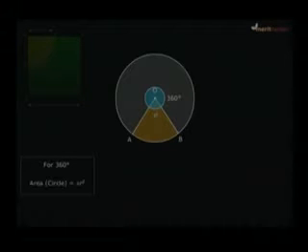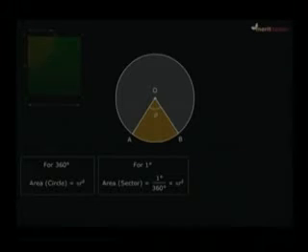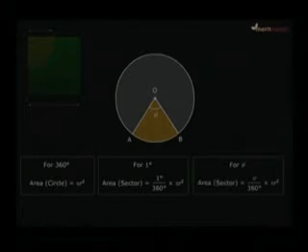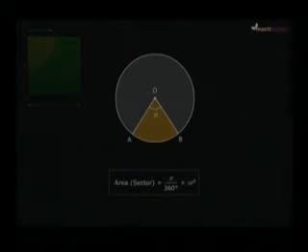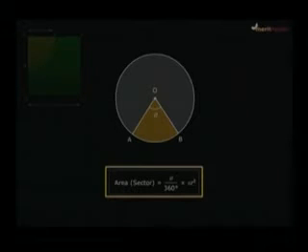It's time we use the unitary method. The angle formed at the center of the circle is 360 degree. So this means for 360 degree, area of the circle is pi r squared. What would be the area of the sector for 1 degree? That would be 1 divided by 360 degree into pi r squared. And if the angle subtended at the center is theta, then the area of the sector would be theta by 360 degree into pi r squared. So we now have our formula. Area of a sector of angle theta equals theta by 360 degree into pi r squared.